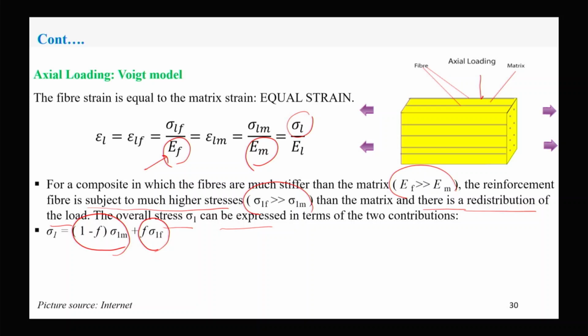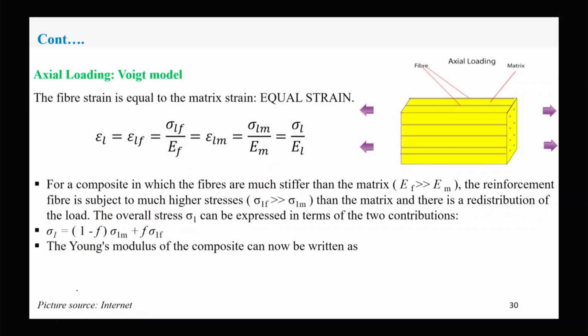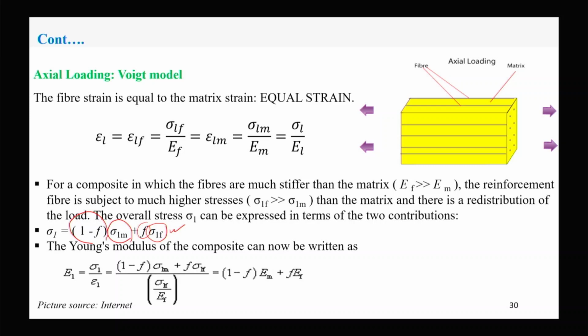So the contribution due to the fiber is fiber volume fraction multiplied by stress on fiber at a particular time, plus the volume fraction of matrix multiplied by stress on matrix at that particular time. So Young's modulus can now be written as